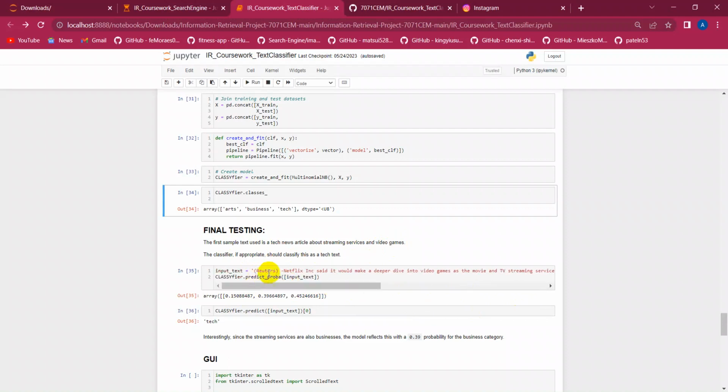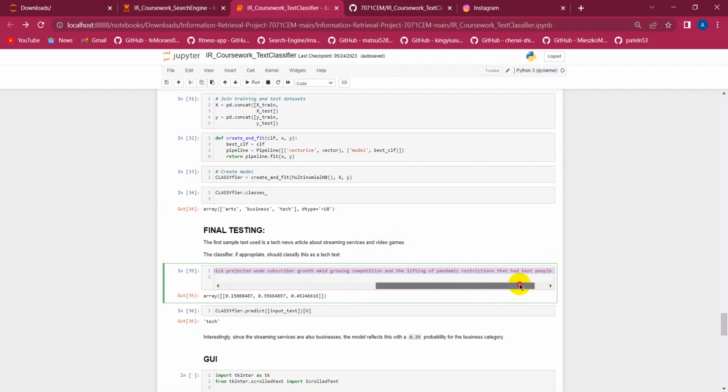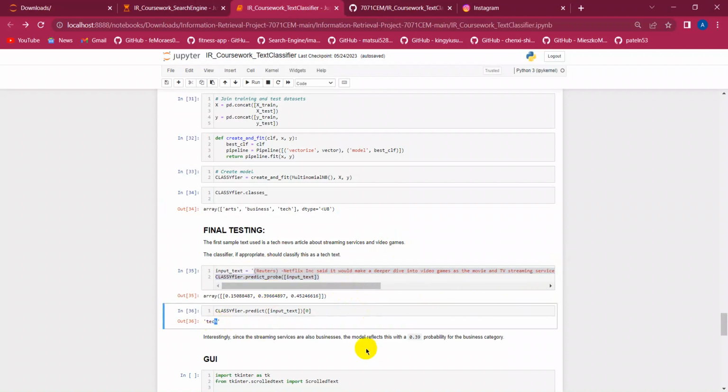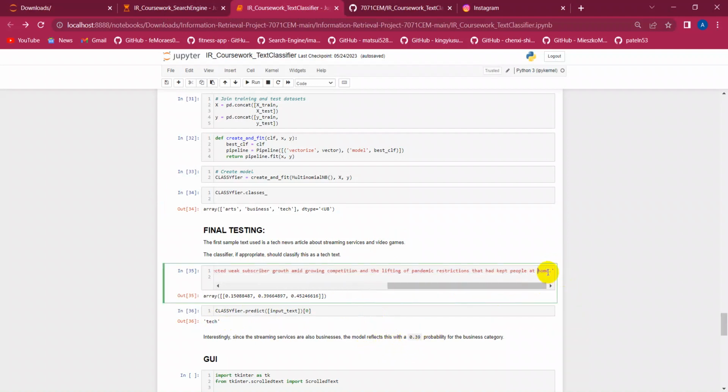Okay, this text we took, and this was categorized into tech, and the model reflects this with 0.39. Okay, now what we need to do is, while we will be applying this one,